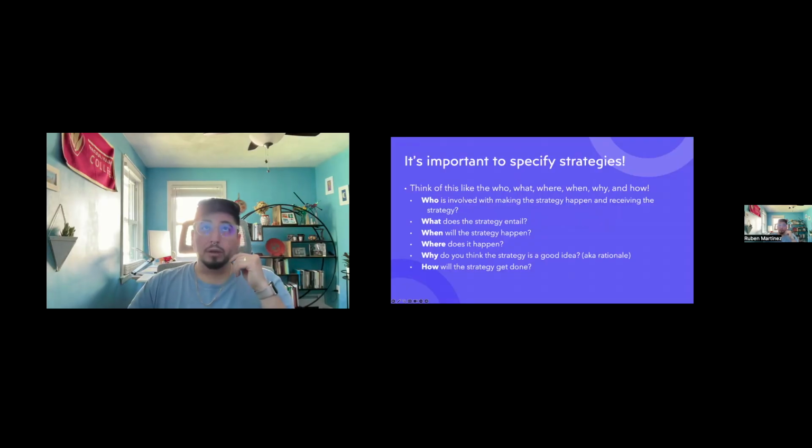There are some criteria for specifying that are really thorough and comprehensive. I really like to think of a specification as defining the who, what, why, where, when, and how of the implementation strategy. One of the most important things and one of the most challenging things to do is to build accountability for that strategy. Who's going to do it? When's it going to happen? And build that into the system that exists already, which is another thing that implementation science tries to do.